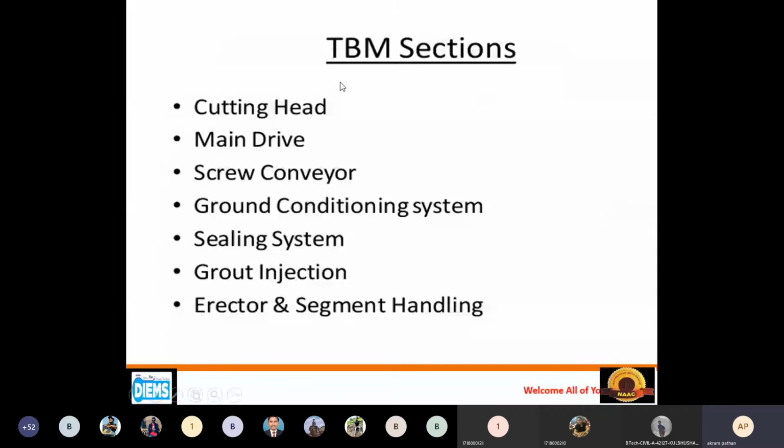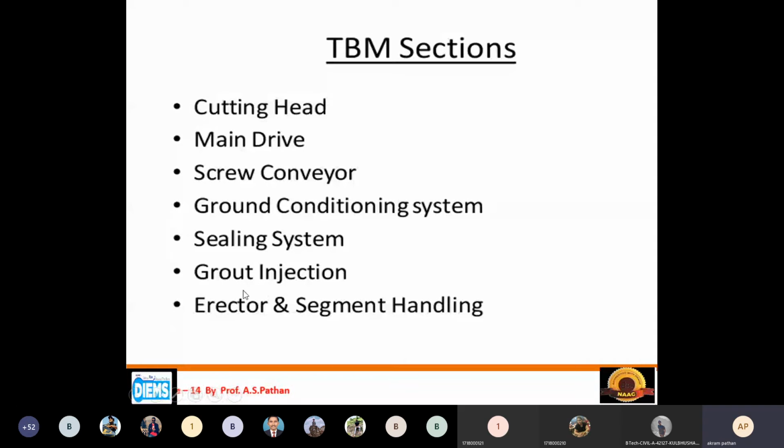Then if you see here, in the TBM section, we generally have the cutting head, the main driver cabin, then the screw conveyor, the ground conditioning system, the sealing system, then grout injection, then the erector and segment. So this is, you can say, all in one.